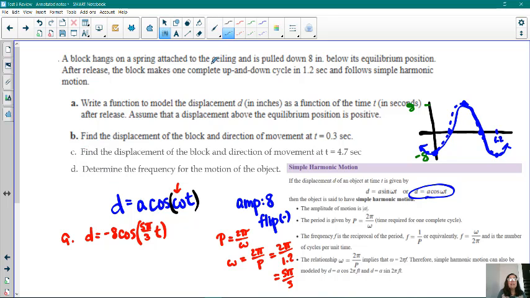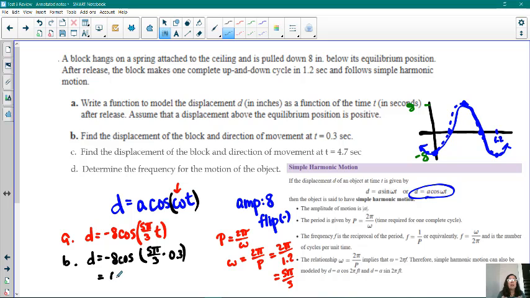Part B says, find the displacement of the block and the direction of movement at t equals 0.3 seconds. So we will plug in 0.3 for t, giving us -8 times the cosine of 5 pi over 3 times 0.3. Making sure that your calculator is in radians, we get